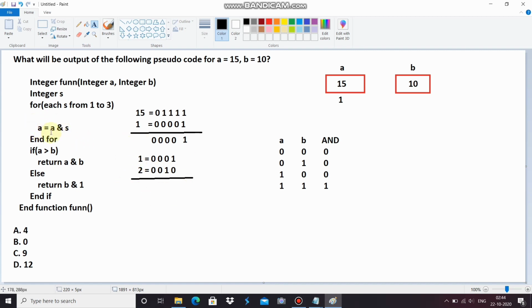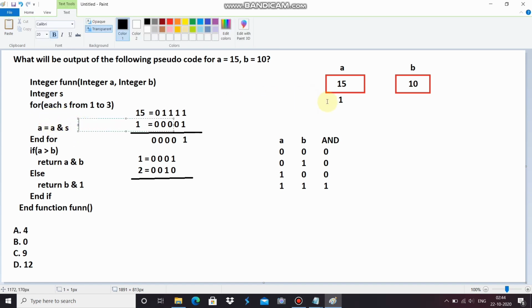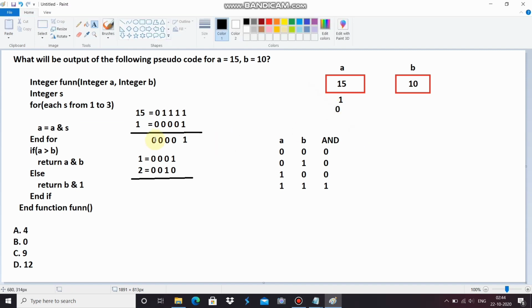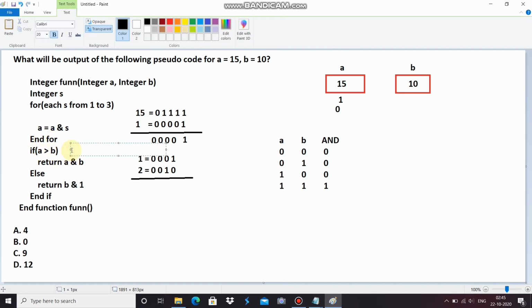Then a will return 0. Also here we initialize the value of a as 0, and the loop operates a third time, and if the first condition is false, then the whole condition will be false. Then the value of a will become 0 again. Then we come to the if condition. Here we check a greater than b. A is 0, and a greater than b, b value is 10. This condition is also false.